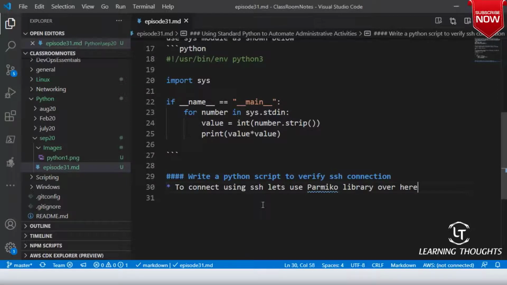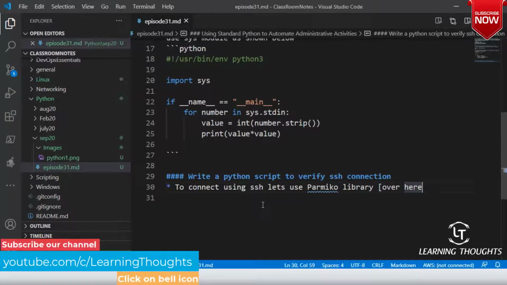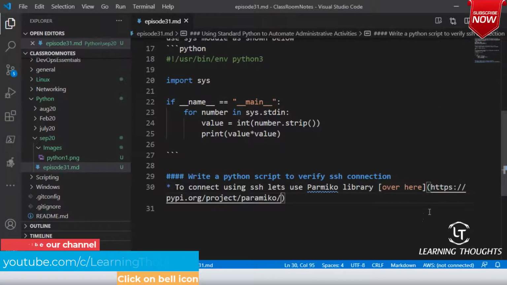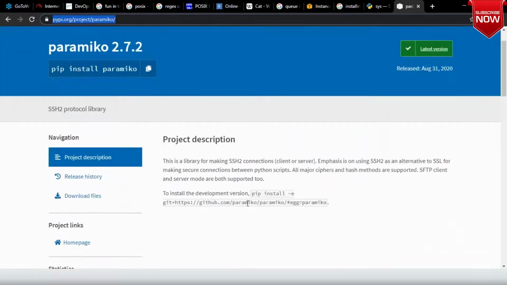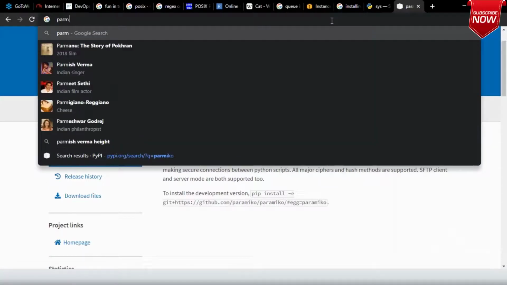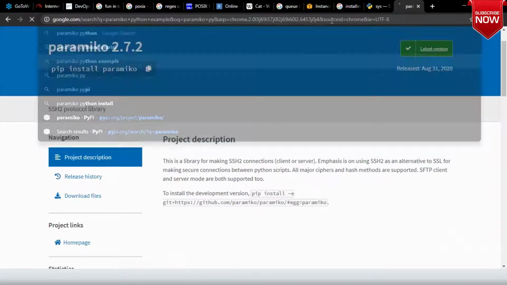Everyone is on the system, right? Or some kind of a mobile phone or whatever it is. Over here, there is some description given. Then go to Google and search for Paramiko Python example.